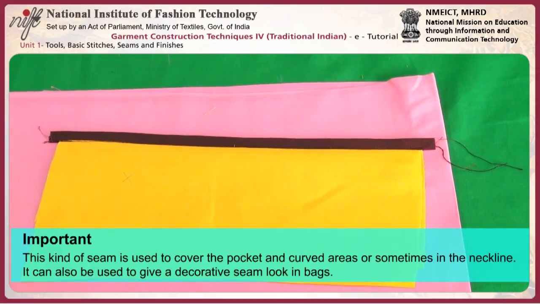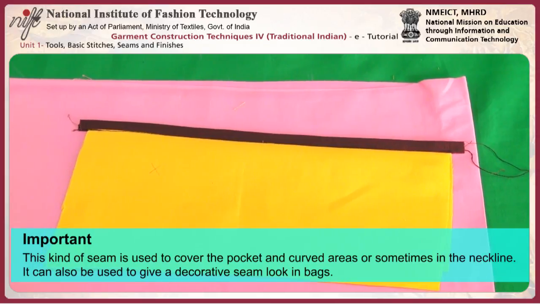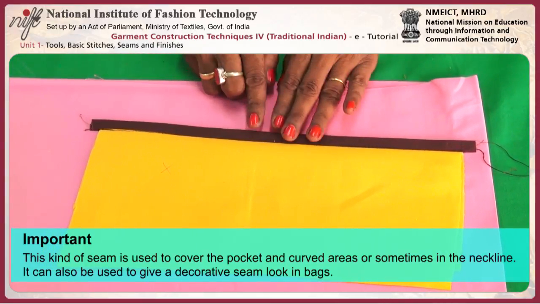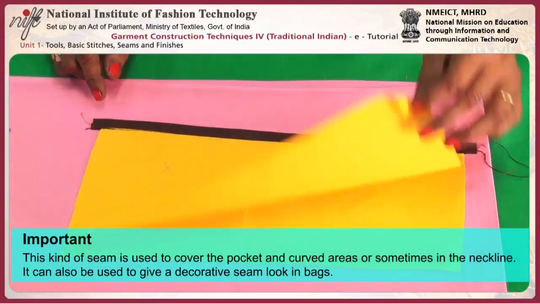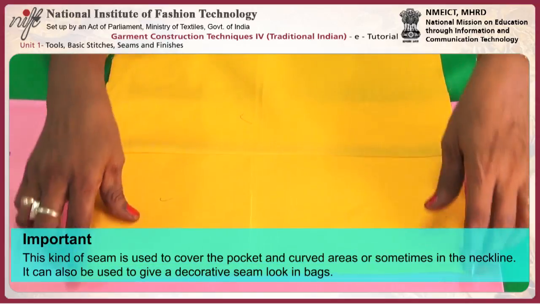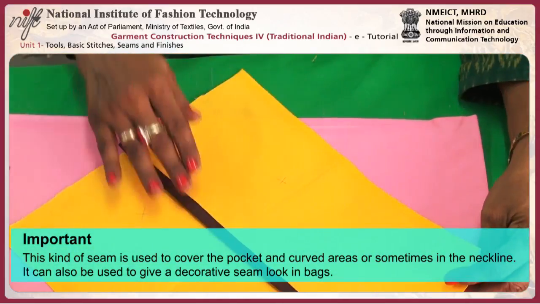In bags and in some other necklines and seams also, this bound seam will be used on the right side itself. Now in order to give enough support and to avoid the frayed edge, we made the seam at the wrong side